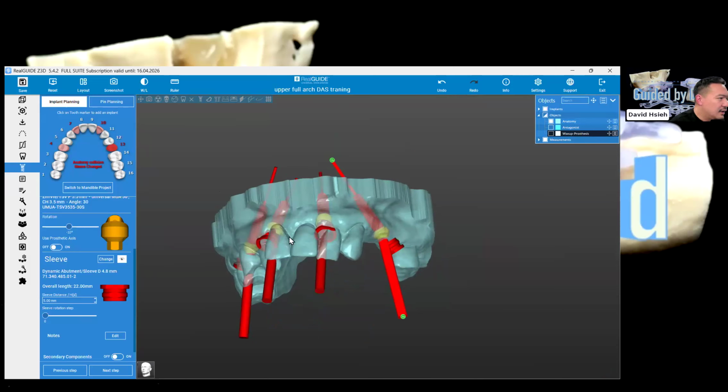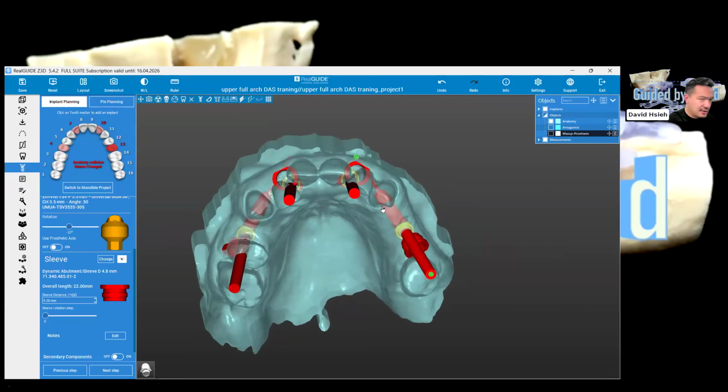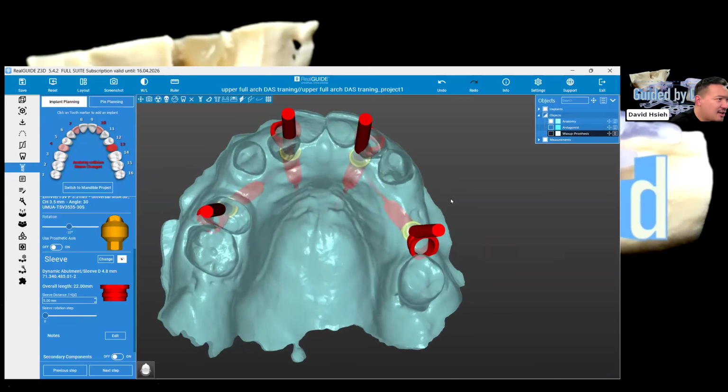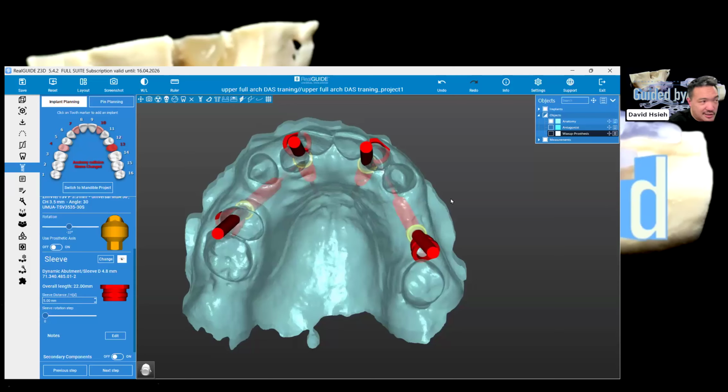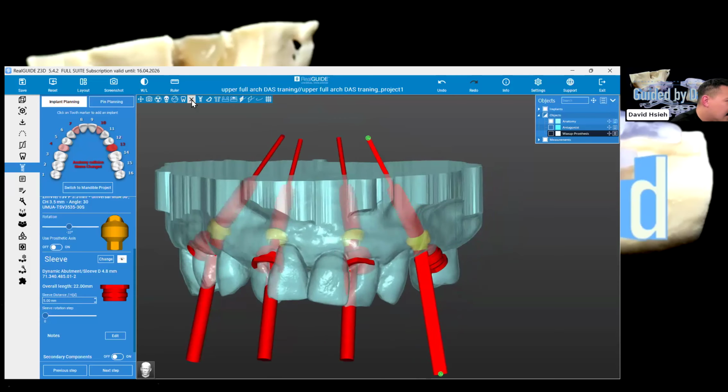So in RealGUIDE, that would be pretty easy. You just strategically see. There are different types of guide, like tooth supported and mucosa supported. For now, we'll try the mucosa supported, but we're going to save some teeth for our guide